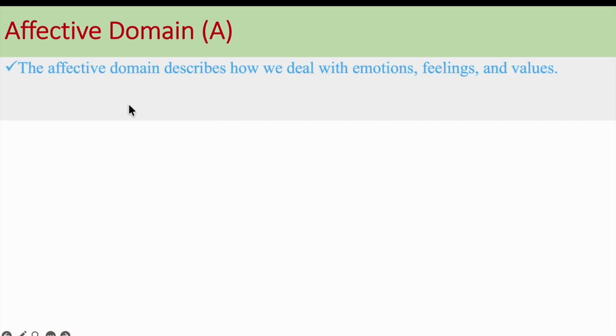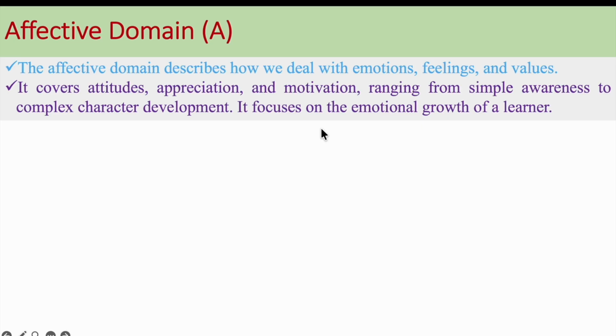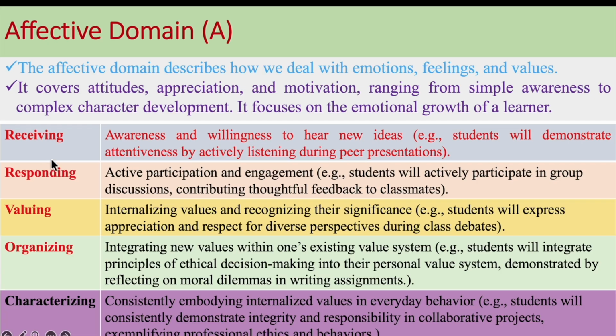So the affective domain describes how we deal with emotions, feelings, and values. It covers attitude, appreciation, and motivation, ranging from simple awareness to complex character development. It focuses on the emotional growth of a learner. So receiving means awareness and willingness to hear new ideas.